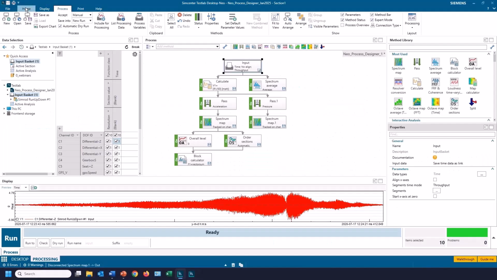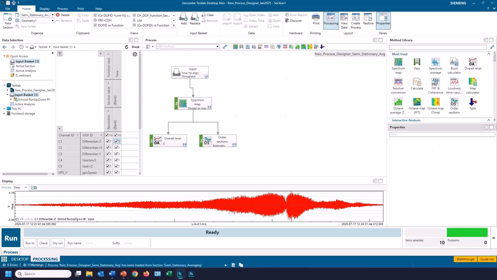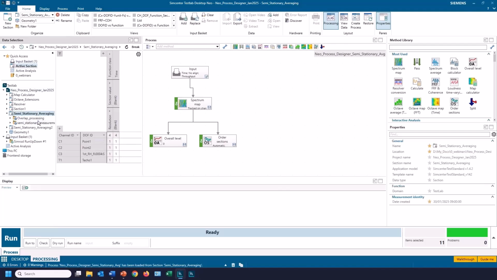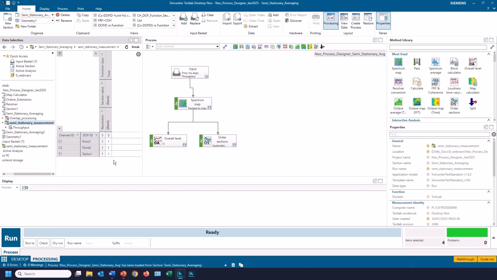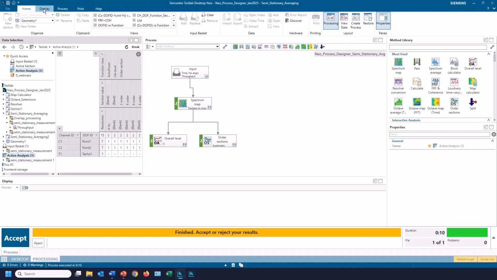So if I switch sections here, and if I switch to stationary averaging, and if I add that data to the input basket, okay, so now it's just got 2 points of tracking. And if I run this, and I want to look at the blocks in the waterfall to see how many averages are in the blocks.